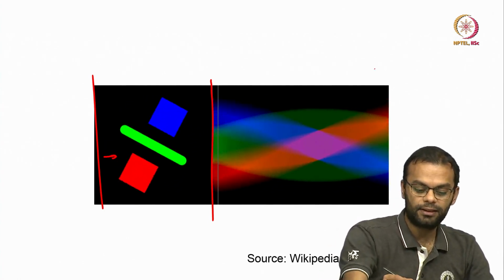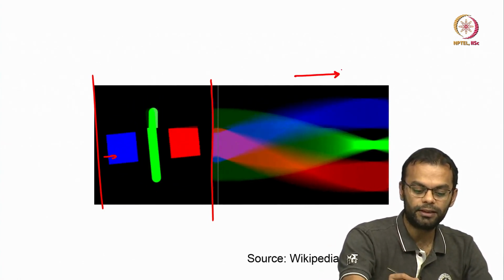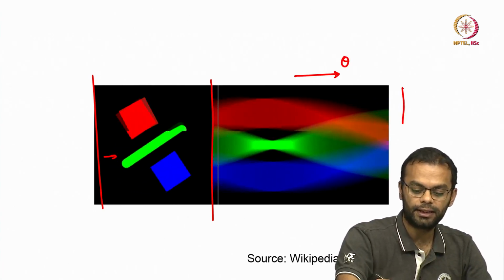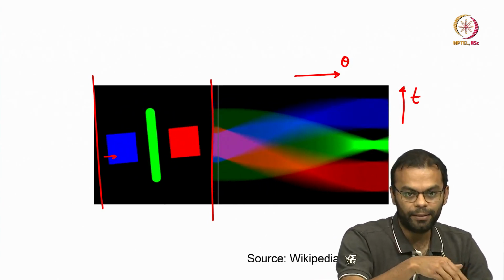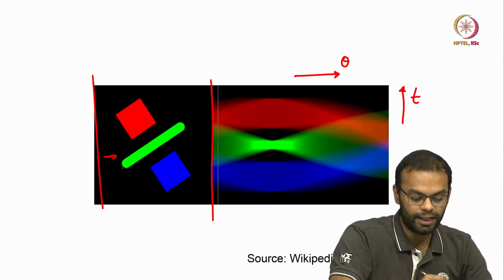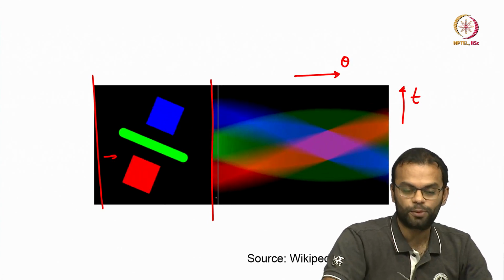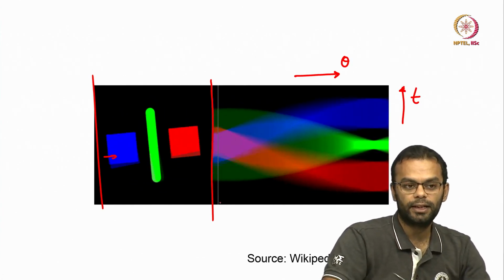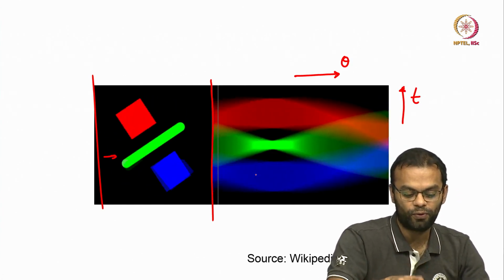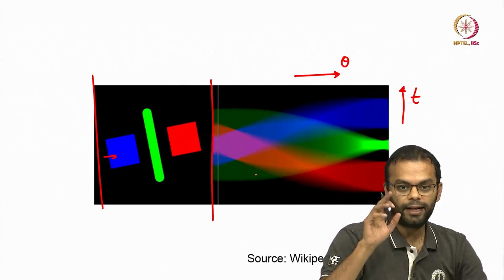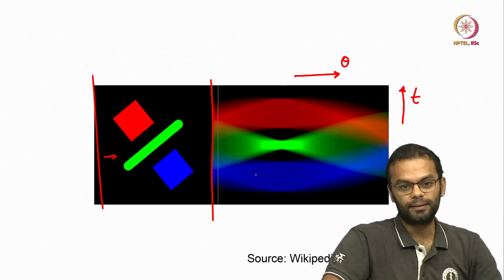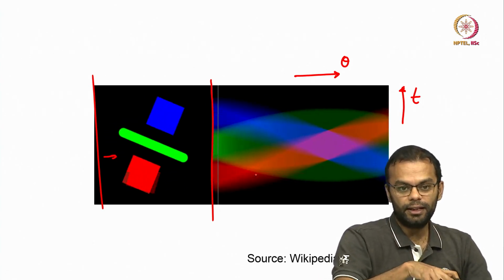If you take this axis now as your theta and this axis as your t, it is only being animated to show you how these are generated. So at each particular instant there is one row corresponding to the vertical section here, and you can use that and stack them up, and if you freeze this animation fully you will get a full sinogram, okay. And notice again also the information you have